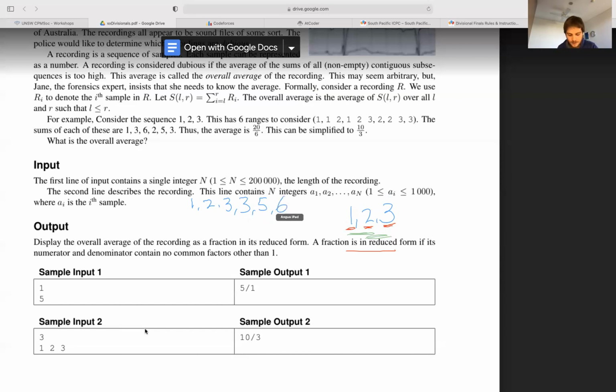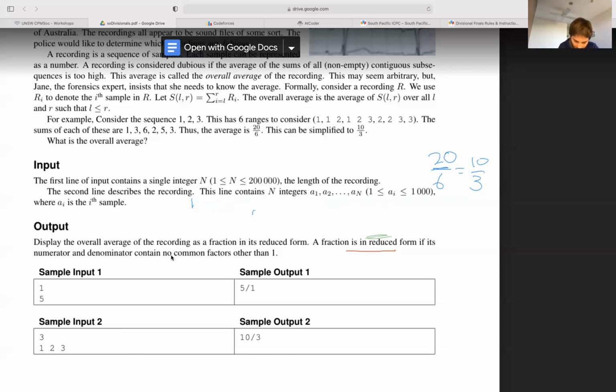The question is, what is the average sum across all the ranges? If we add these together, we get 20. In total there are 6 ranges, so 20 divided by 6 is the average, which is 10 divided by 3. And the problem wants you to output it as a reduced fraction, so they want you to output 10 over 3 like this. Which is a bit of a weird output format, but that is what it is.